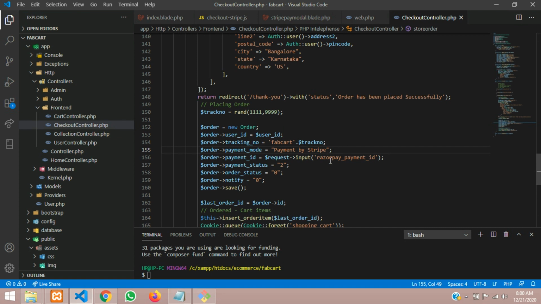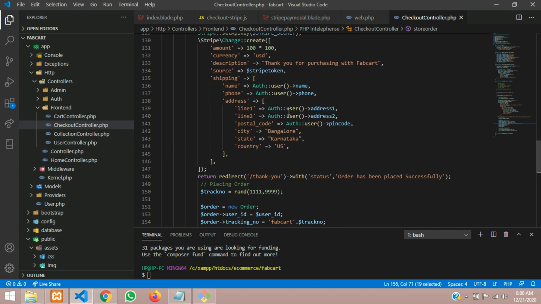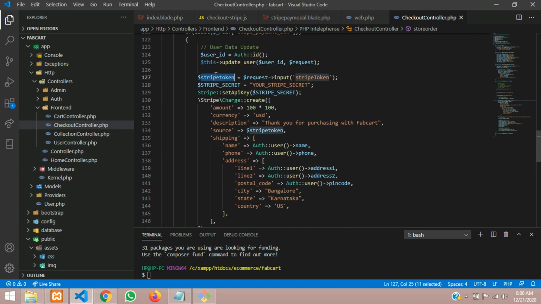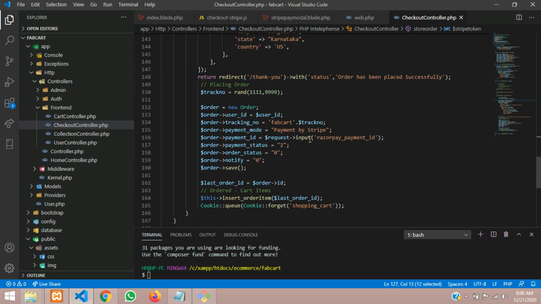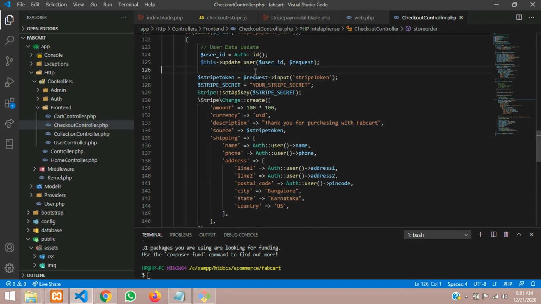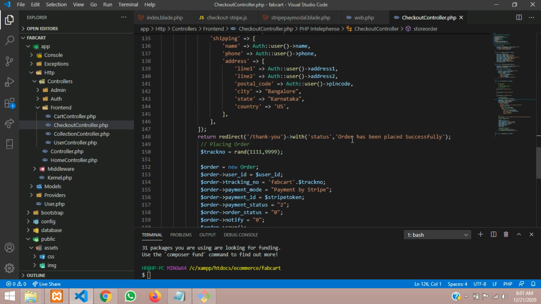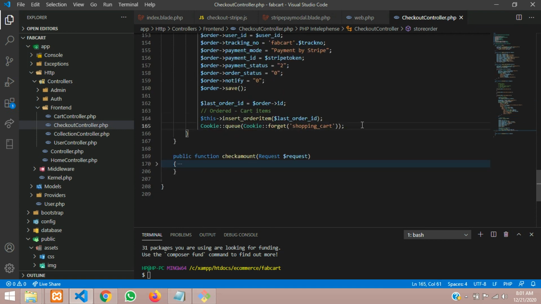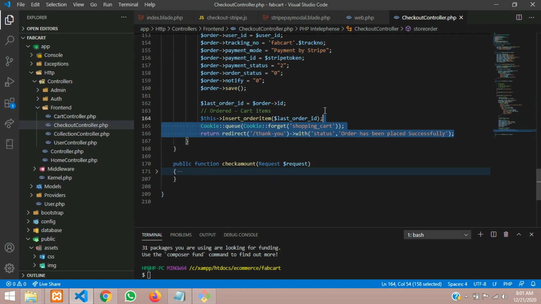Let us change this payment ID. We cannot take that as the payment ID, so you can follow up with this token also. This token is also known as the payment ID, so let's paste that, because this record is going to be stored in your Stripe one. Let us save this, and yes, everything is set now. Remove this from here and paste it below. Control X and place it over here. Let's just press this,